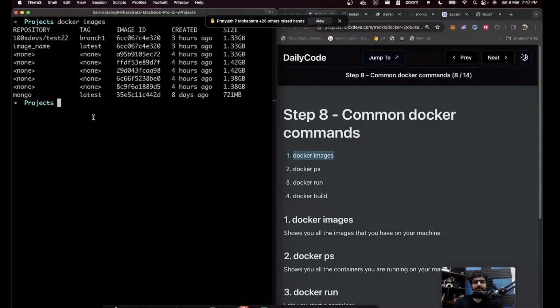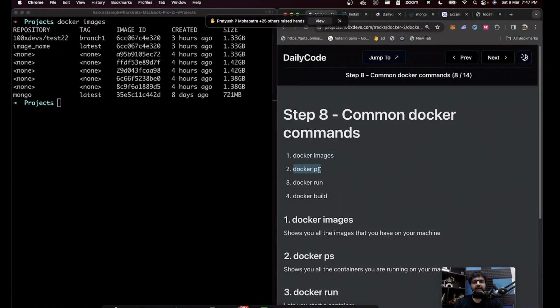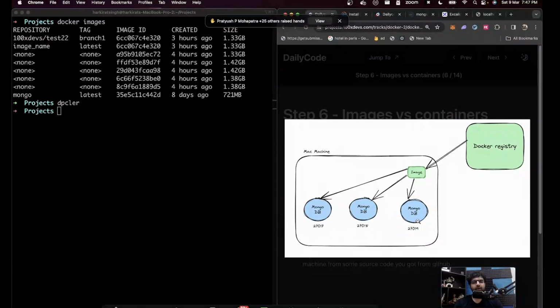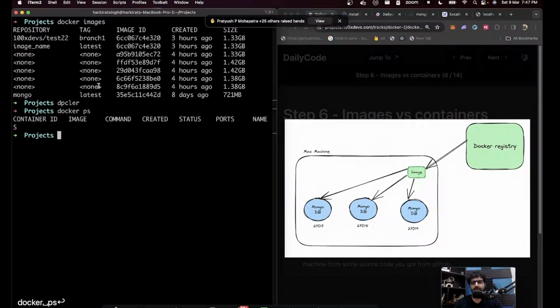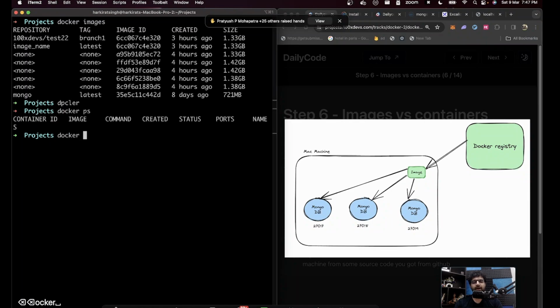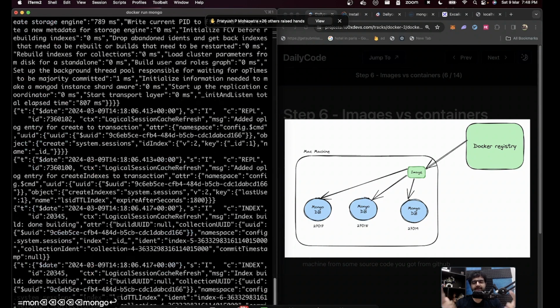The next command is docker ps, which will show you all the containers that you're running. These three blue things right here. So if you run docker ps right now, you will most probably see no container running locally, because even though you have the image, you have not yet started the image. The way to start the image, as I've talked a few times now, is docker run. If you want to add the port mapping, feel free to add it. If you don't want to add it, that's fine as well. But docker run Mongo should start the image in this terminal.